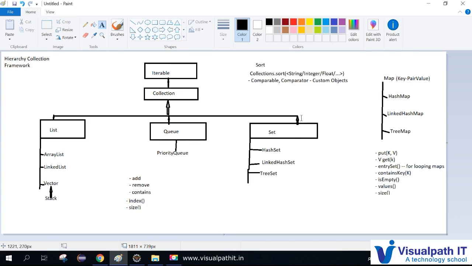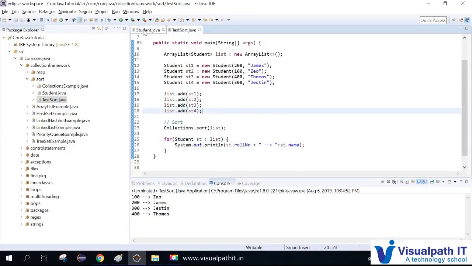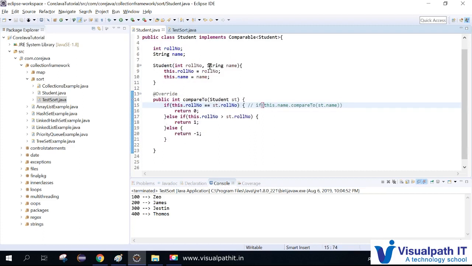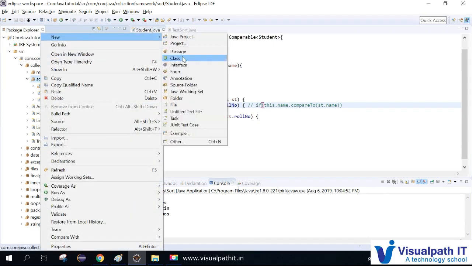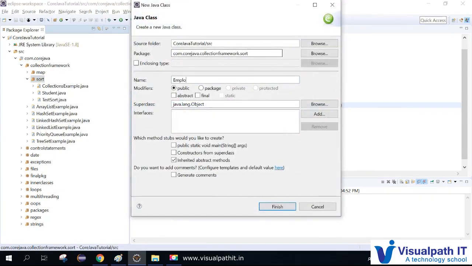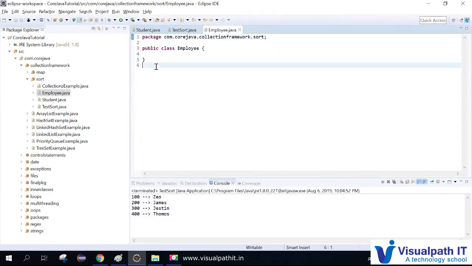The benefit of using Comparator is that with Comparable, as you declare, you have all the implementation within your bean. That is extra code you may have added in your bean. With Comparator, you don't need to do this. For that, I'm creating a new Employee class instead of the Student we already have. So I'm creating an Employee bean, where I'll be adding almost the same properties. I'm taking empNo and String name, and I'm having an Employee constructor